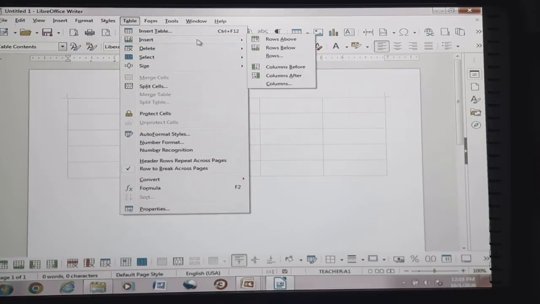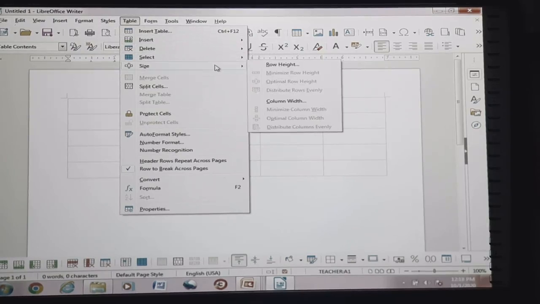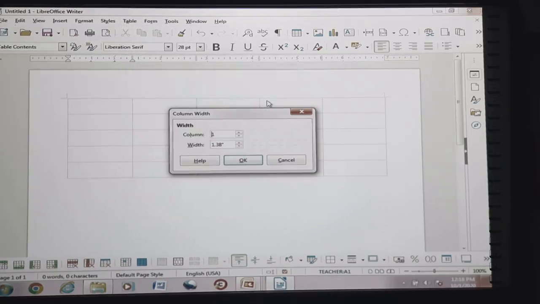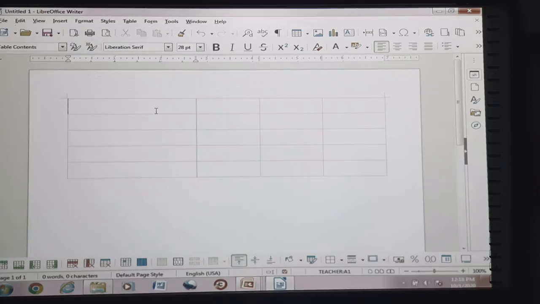So insert is not needed, delete is also not needed, select is not needed, size, row height, column width. Suppose we need to adjust it to 4 inch, then our size will be adjusted to 4 inch. Okay, so like this we can do it.